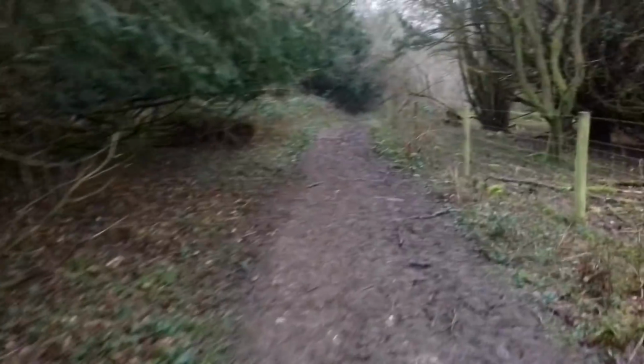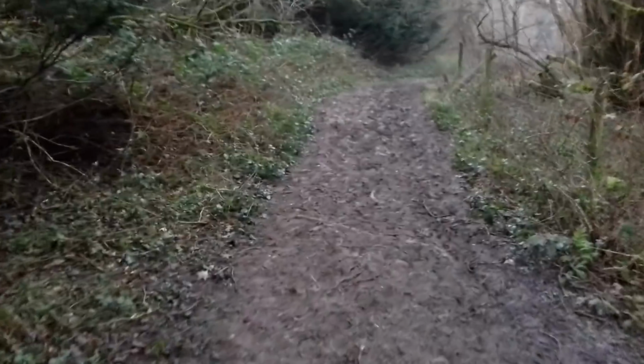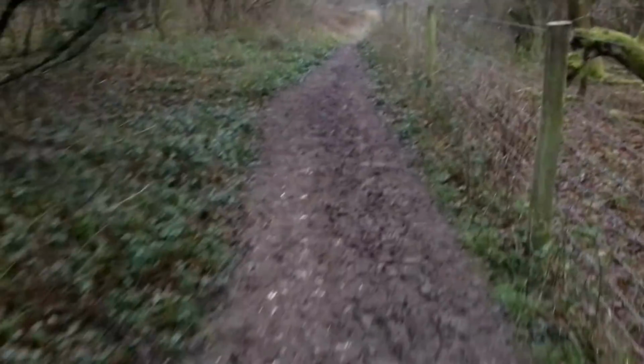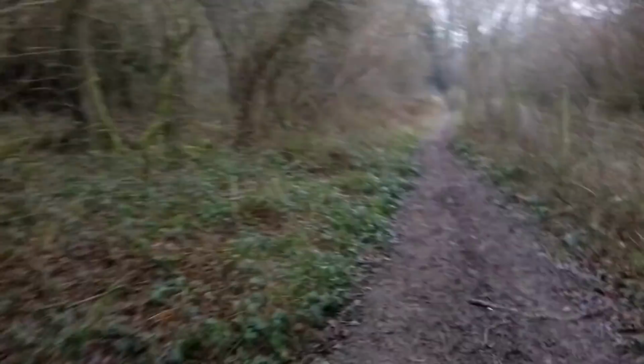Didn't seem to care, just said morning. You look at the rucksack on my back, you know what I'm doing. I've been camping, mate. Clearly doing the North Downs Way. 4 to 5 miles left to walk. And it's 8:30 now, so